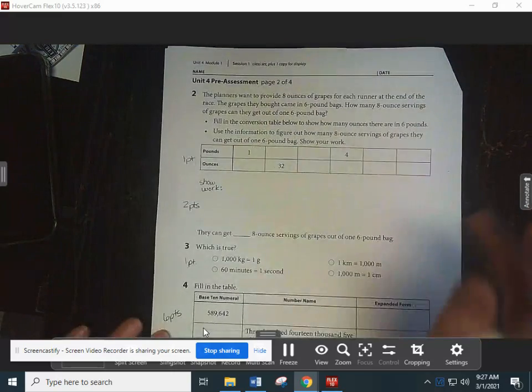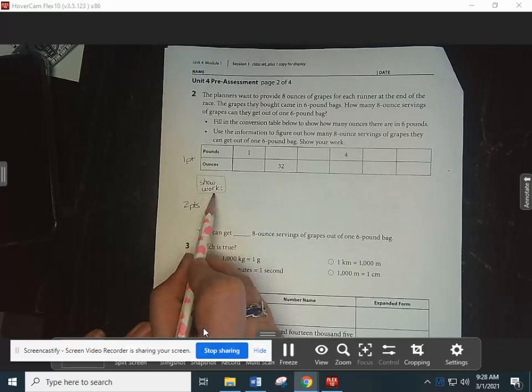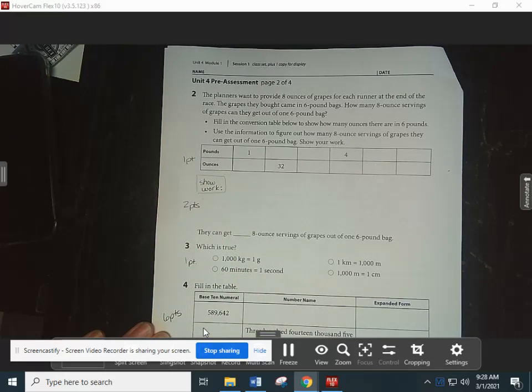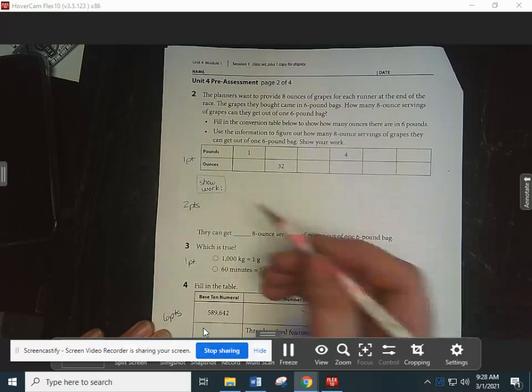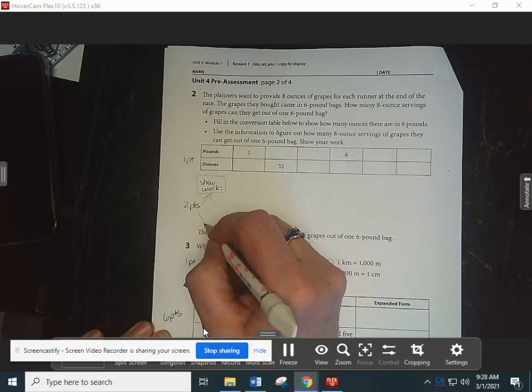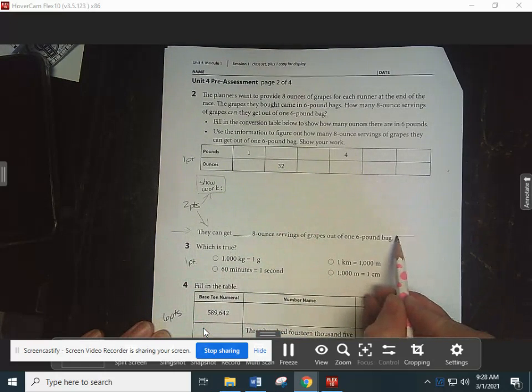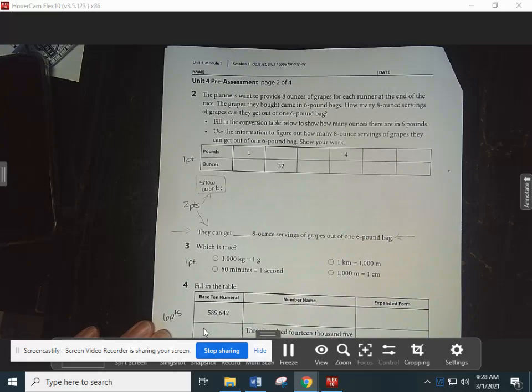Okay. Did anybody notice that I actually wrote on this paper something? What does it say? Show your work. Because your work is worth 2 points. Or 1 point, and then you have to have an answer down here. So many 4th graders miss this right here because it's part of